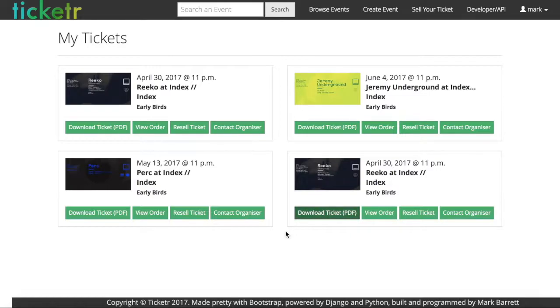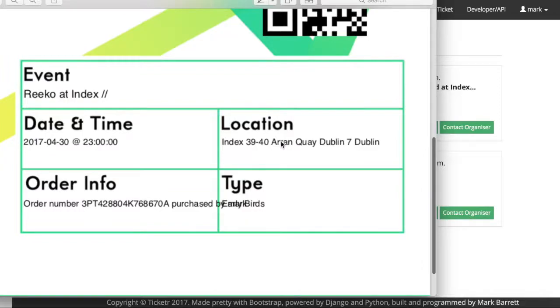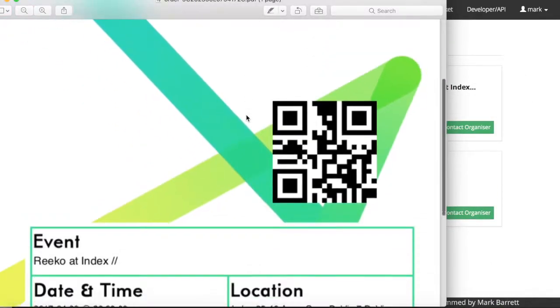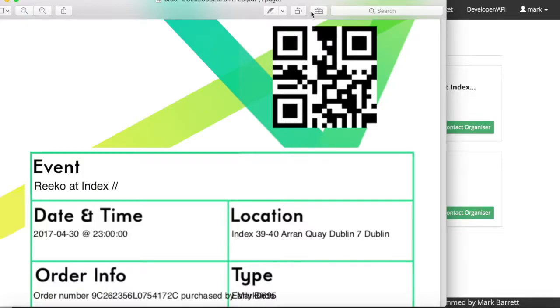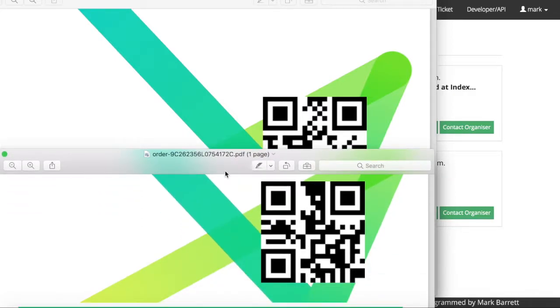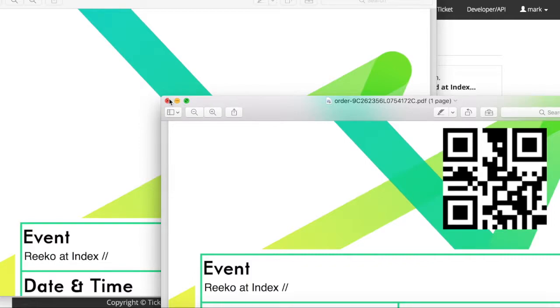So if I download this one this time, it will be different to the one that was generated previously. Meaning that if the other person still had the PDF, so I do still have it, so if I open this one, which was downloaded before, as the other account, you can see that those QR codes are notably different, meaning that even if I went up with this QR code, it wouldn't let me in. The event owner would tell me that I've already sold my ticket and I can't come in.